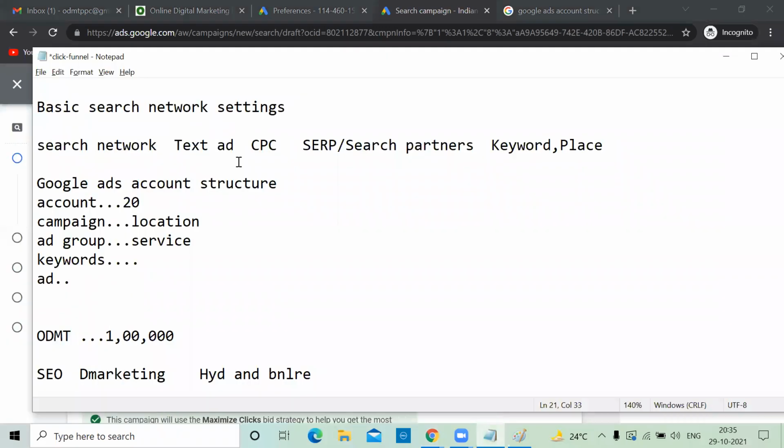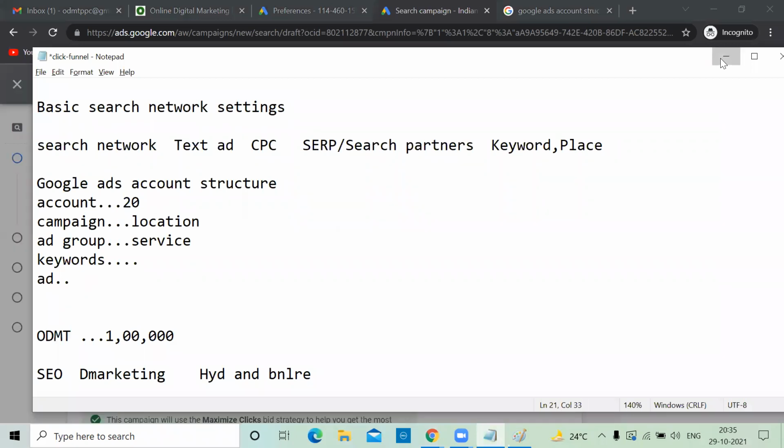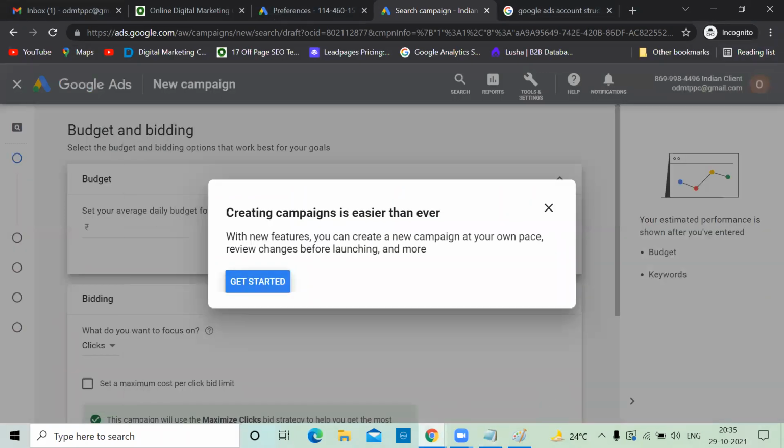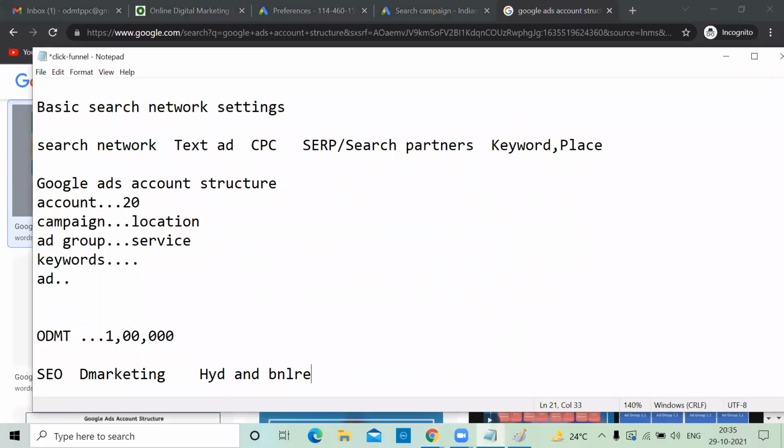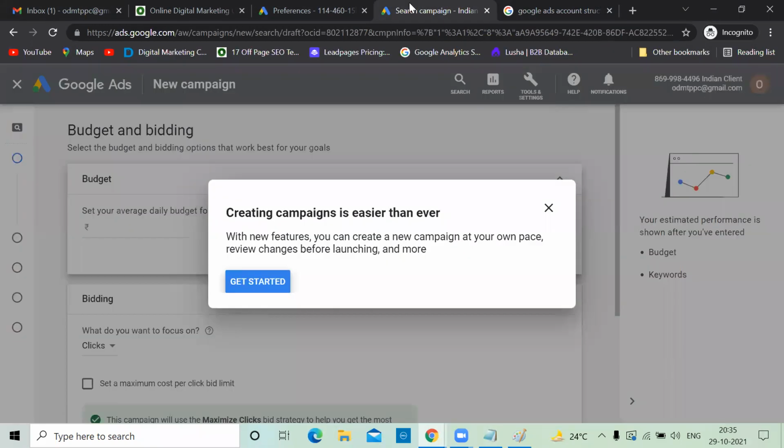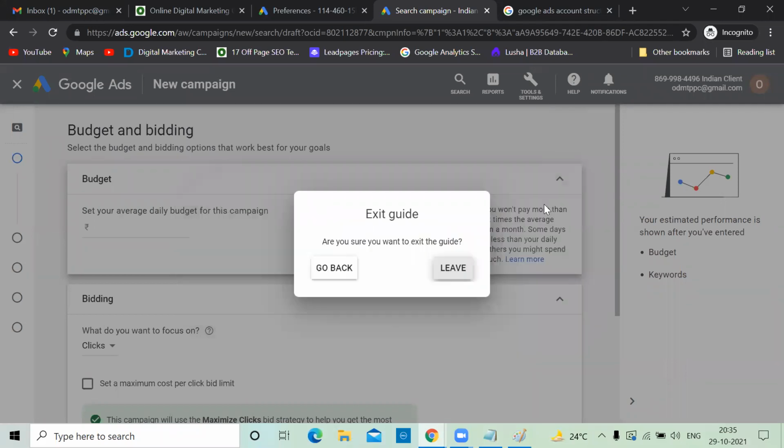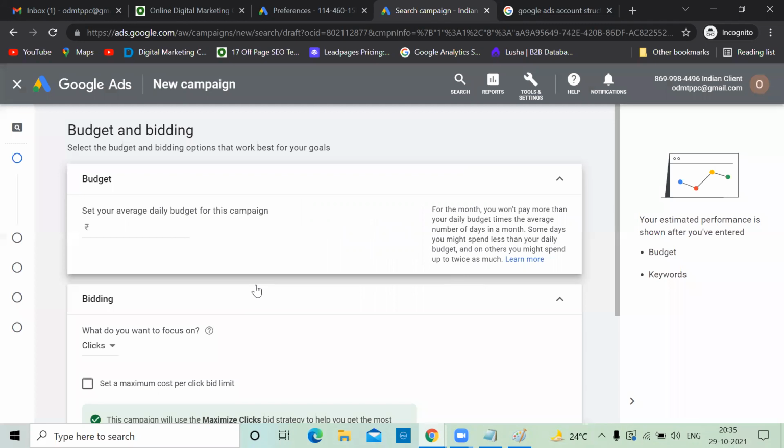When you click on the campaign, there are a few options that you'll need to take care of. At the campaign level, a few settings are there. Let's see the settings. So he's guiding us. I don't require it. Leave.